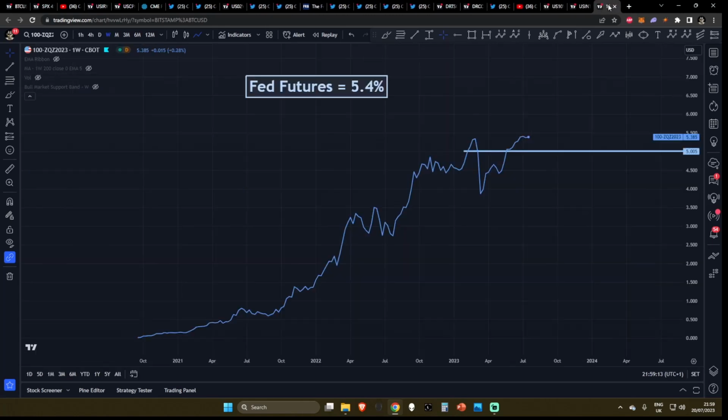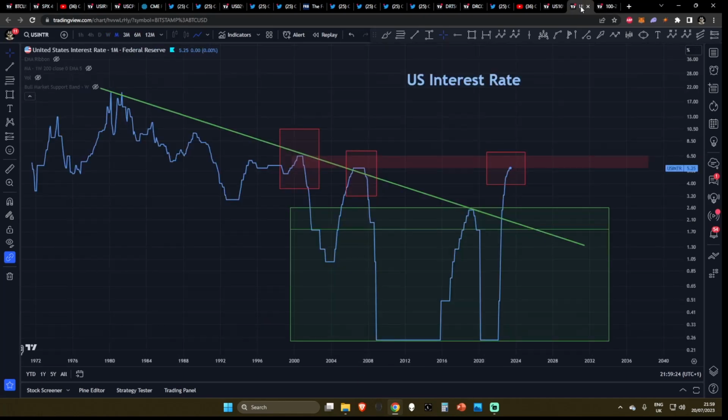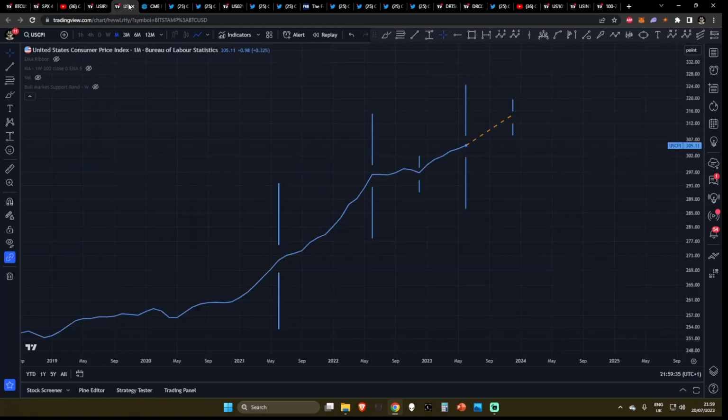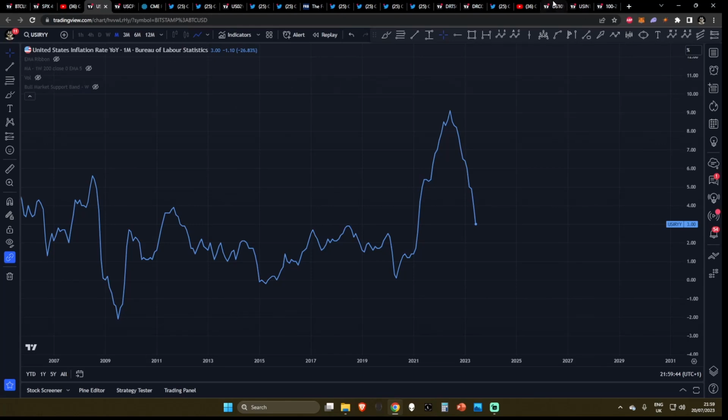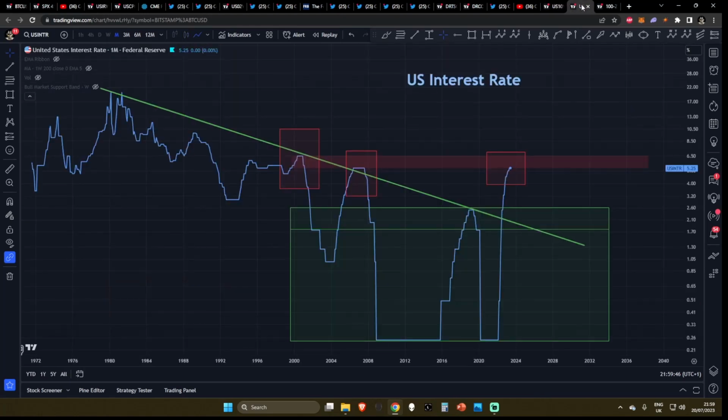And in terms of the interest rates, if we come over to Fed futures, they are currently at 5.4%. New all-time highs, meaning that in terms of the futures market, we are currently expecting at least one further interest rate hike in the immediate short term. And like I previously discussed with my analysis, looking at the CPI index, I really think CPI is going to start coming back. I think because CPI year over year is going to start to come back, this is going to pressure the Fed to further raise the interest rates.